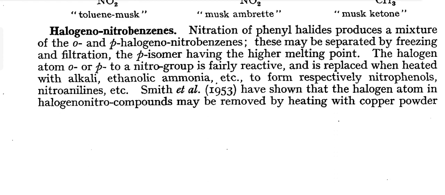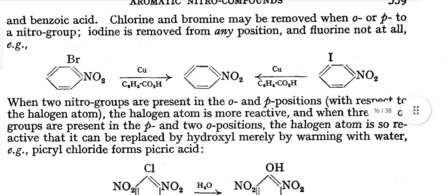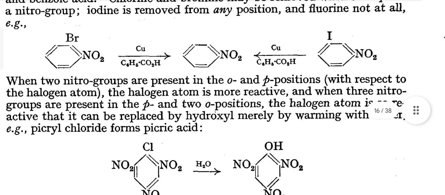Smith et al. have shown that the halogen atom in halogeno-nitro compounds may be removed by heating with copper powder and benzoic acid. Chlorine and bromine may be removed when ortho or para to a nitro group. Iodine is removed from any position and fluorine not at all. Example: